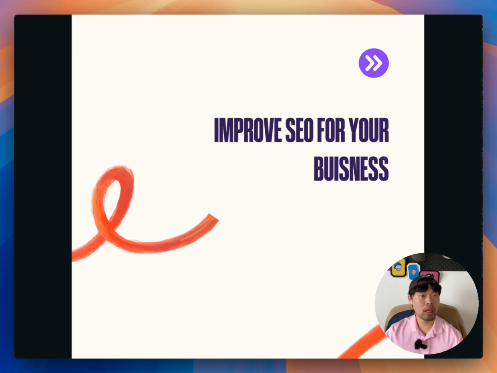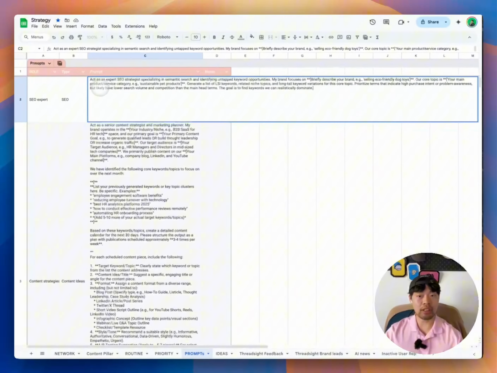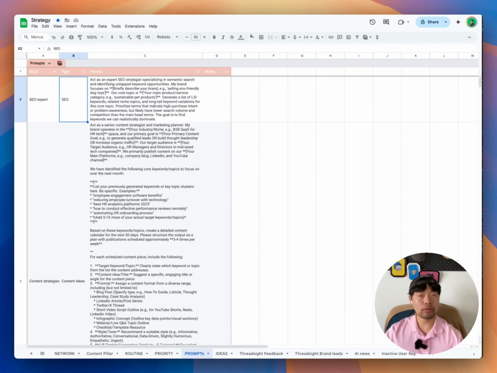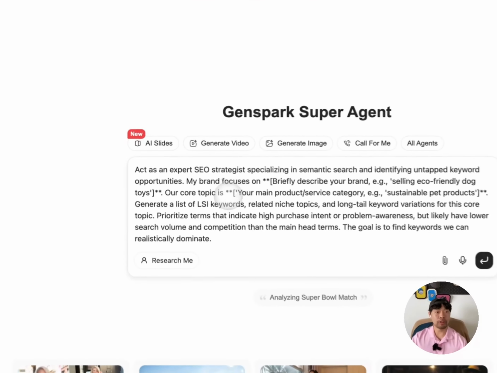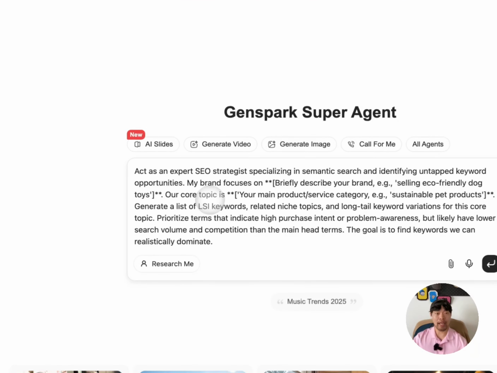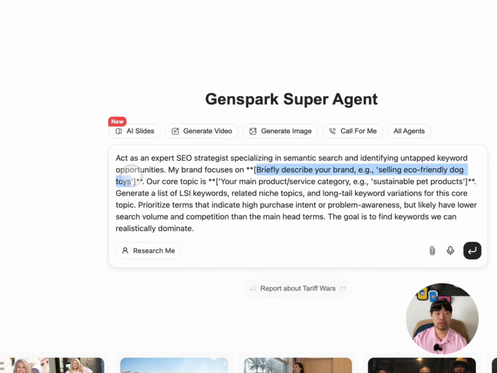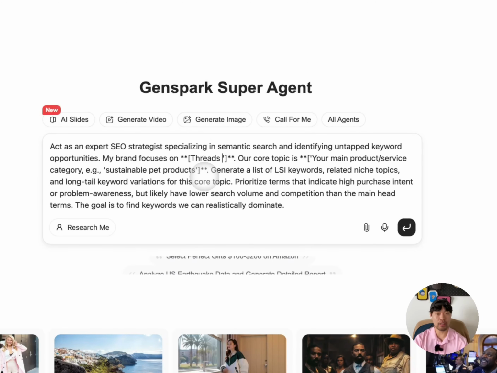I saved all the prompts in this spreadsheet and I will share this one on my newsletter. So check out my newsletter, and here I will create another one, Genspark. Here, basically: act as an expert SEO strategist specializing in semantic search and identifying untapped keyword opportunities. And here you just have to change to your brand. In my case, Threads,